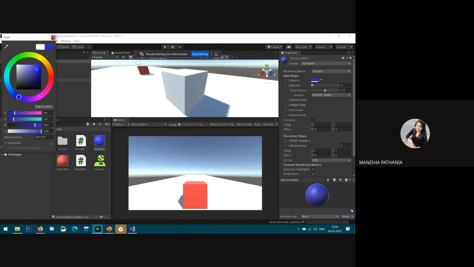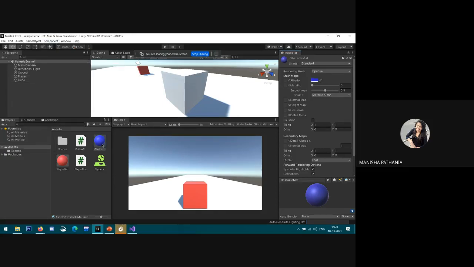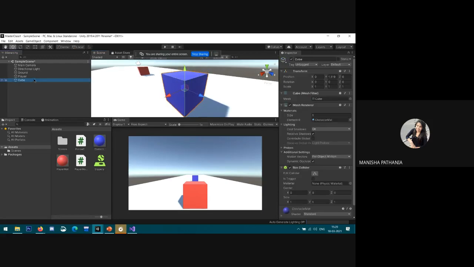I'm giving it a blue color. Rename it as obstacle.